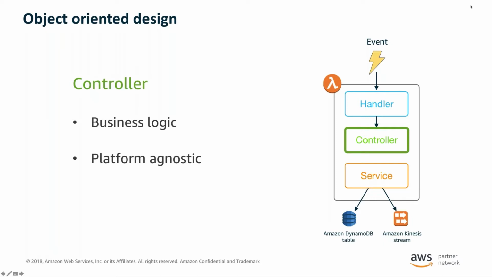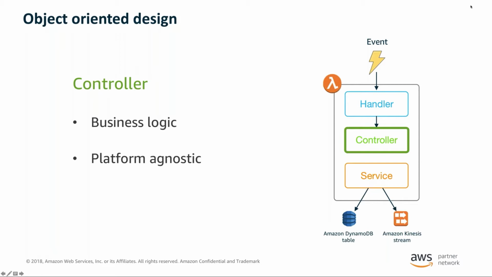This is the meat of your function. This is where the majority of the code that you're going to write should live. Your handlers should be relatively thin. You typically aren't going to put a ton of code into those. They should be relatively thin and fairly static as well. You shouldn't have to change them very often. As a result, you can test those independently of the business logic that actually lives inside of your controller. And the idea here is to write code in such a way that this is now completely